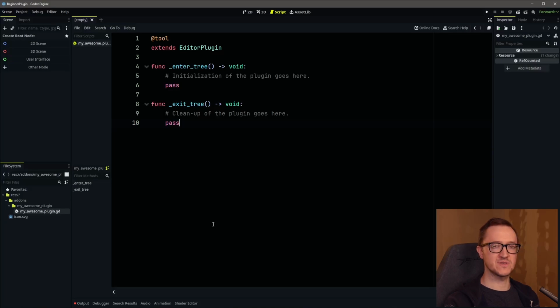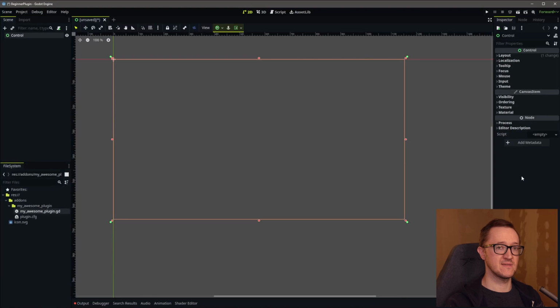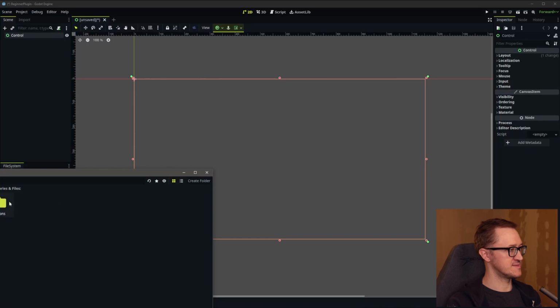The first thing we'll do is add a button up here at the top, and then maybe we'll also do a tab, because they're a little bit different settings, but it shows you what you can do, right? Before we do any scripting, we need to create a scene, actually. And this is going to be a control scene, a user interface scene, because the entire engine is working through control nodes, really. And once you have your scene, let's go ahead and save that within our plugin folder,